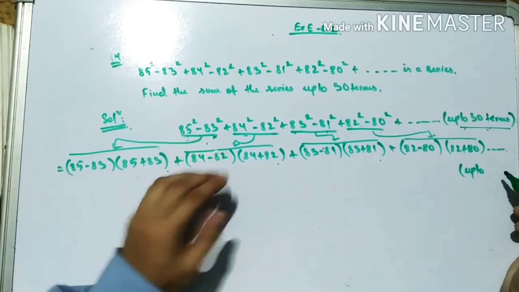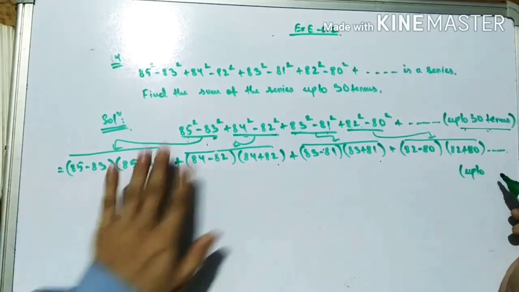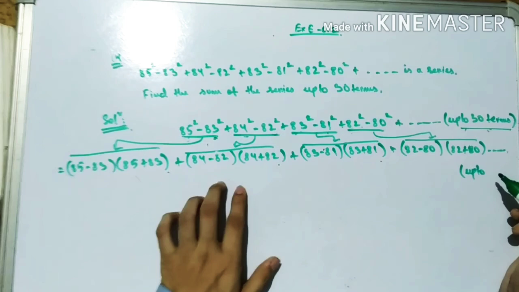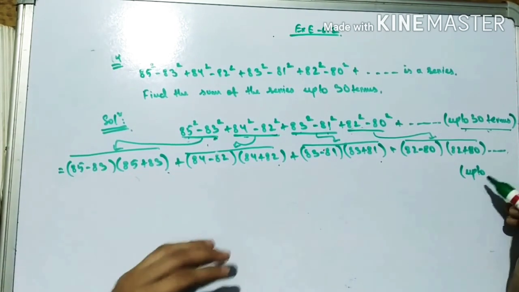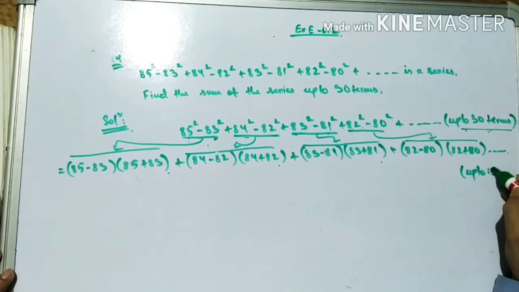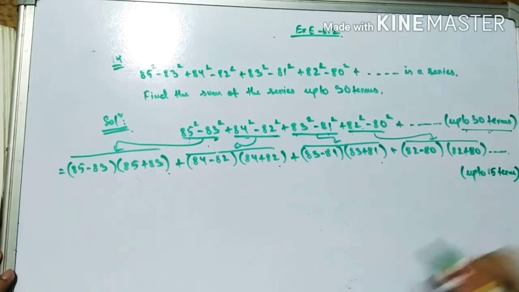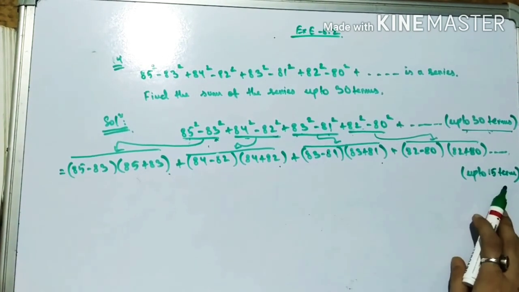In here one term is decreasing as we go, yes or no? In here it was two terms; these two terms became one term, these two terms became one term. Understand? So in here I will do 30 divided by 2, up to 15 terms. Up to 15 terms I will have to add here.